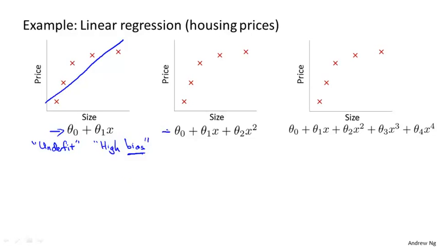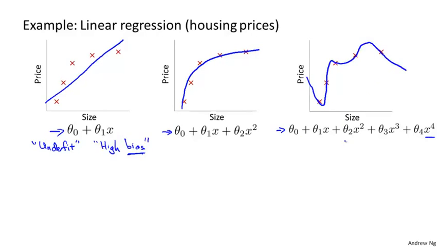Now, in the middle, we could fit a quadratic function to the data, and with this data set, maybe we get that kind of curve, and that works pretty well. And at the other extreme would be if we were to fit, say, a fourth-order polynomial to the data. So here we have 5 parameters, theta 0 through theta 4, and with that, we can actually fit a curve that passes through all 5 of our training examples. We might get a curve that looks like this,